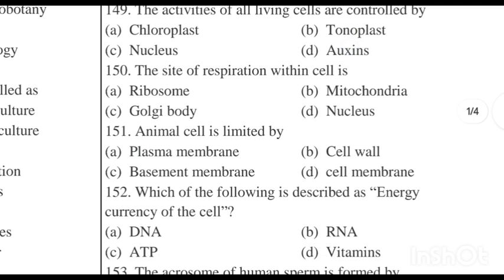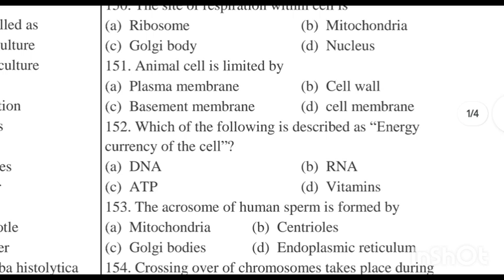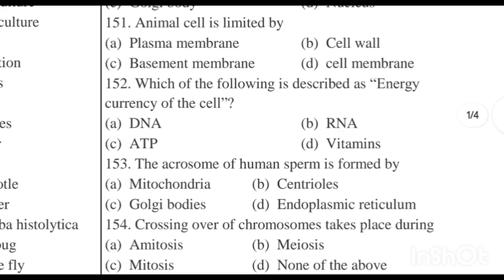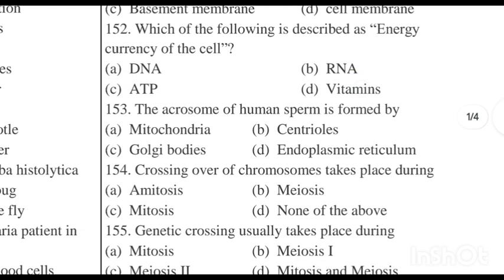Next question, the site of respiration within cell. The site of respiration within the cell is the mitochondria. Okay. Next question, animal cell is limited by plasma membrane. They lack cell wall. Next question, which of the following is described as energy currency of the cell? I have already told you it is the ATP, adenosine triphosphate. The acrosome of human sperm is formed by,